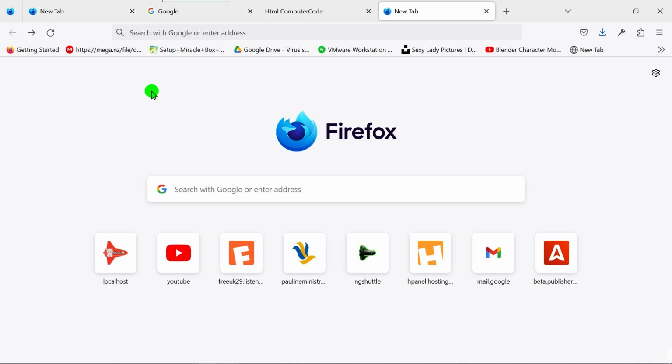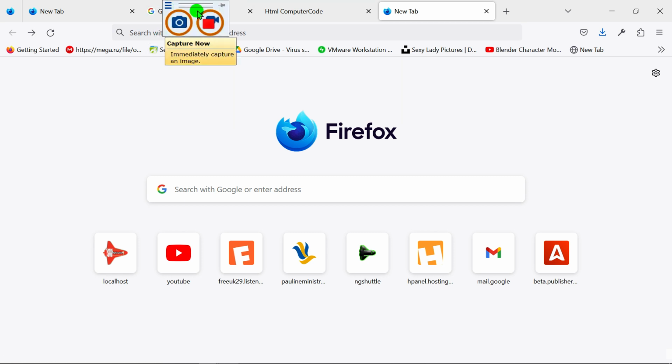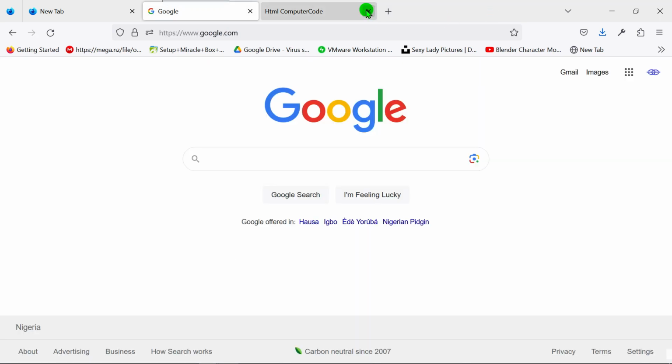So this is how you do semantic elements. Their names actually define them, and from their names you know what they are capable of. So that will be all for this